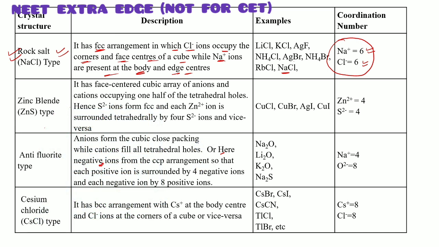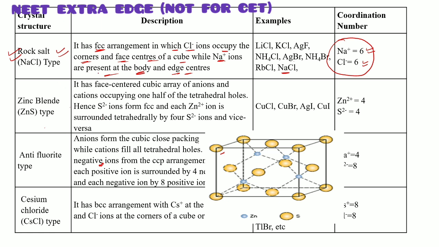Then we will see the zinc blende type of structure. Very simple. In the zinc blende type of structure, you can see it has a face centered cubic array of anions. Which one is the anion? Yes, here sulfide S2- is the anion. You can see this color sulfur at all those face centers and corners. Hence it is a face centered cubic array. Then you can see 1/2 of the tetrahedral voids. See, FCC means Z is equal to 4, right? 1/2 of the tetrahedral voids, see, tetrahedral voids are equal to 8, 1/2 of this means divided by 2 is equal to 4.